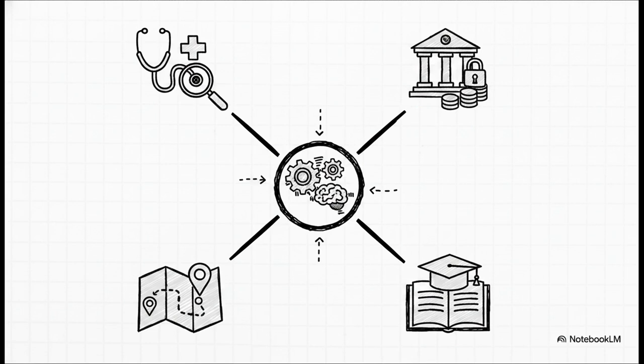In healthcare, for instance, it processes medical images faster than the human eye to detect diseases. In banking, it monitors millions of accounts simultaneously to flag unusual transactions and stop fraud in its tracks. In transportation, it's calculating the absolute fastest routes using real-time traffic data from thousands of drivers. And over in education, it helps create personalized learning platforms that naturally adapt to a student's unique pace.